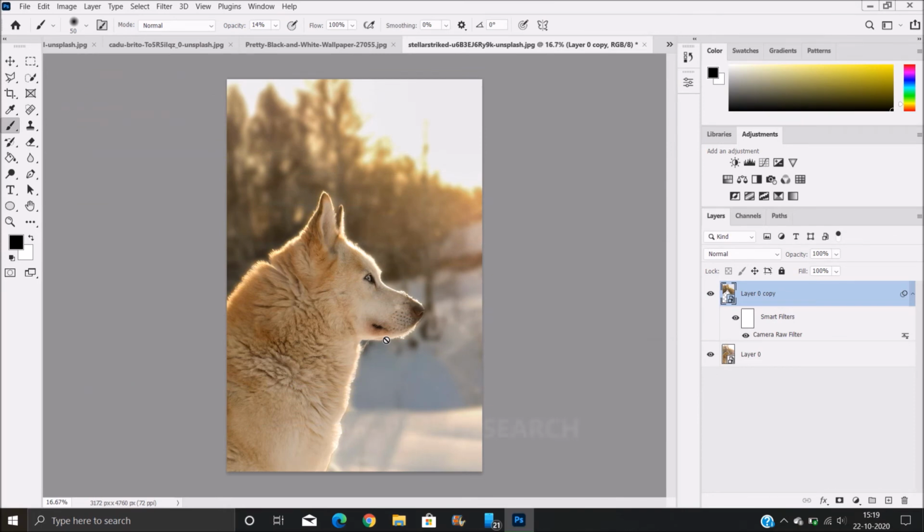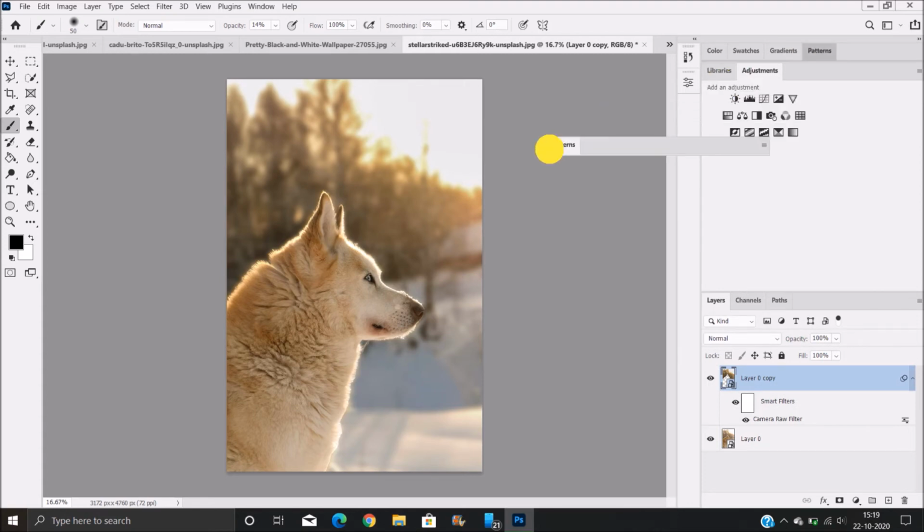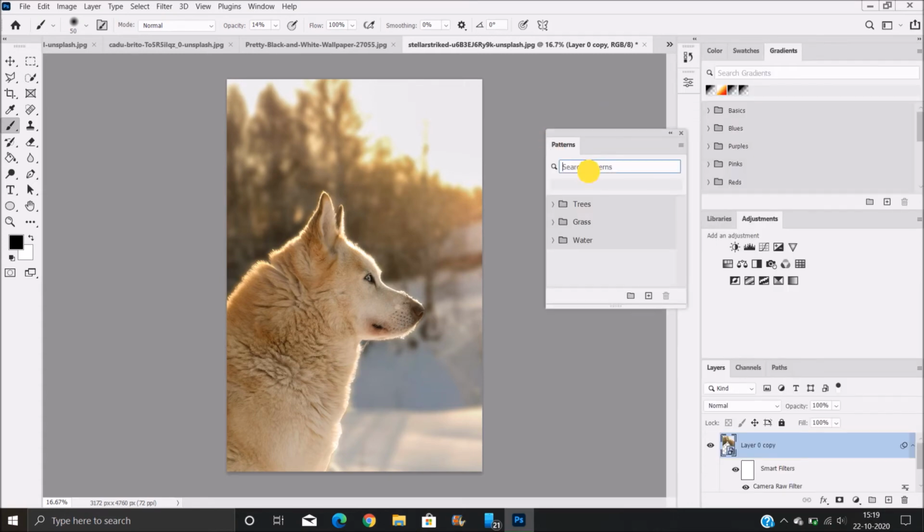Now the next one is preset search. Photoshop now has the ability to search presets inside the panels. So let's say you have the Patterns panel open, so go to Window and select Patterns, and you can easily search that. It is searchable. So I can search for tree, so the trees are showing up here. You can search for anything in this, and it works with any preset panel. And if we go to the Swatches, it is also searchable, and it is that helpful.